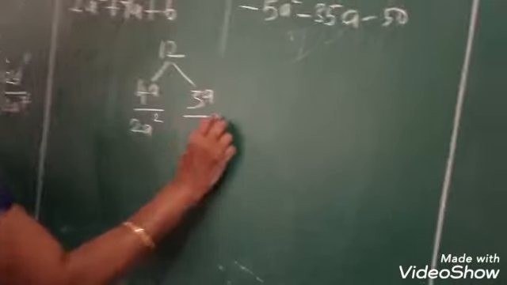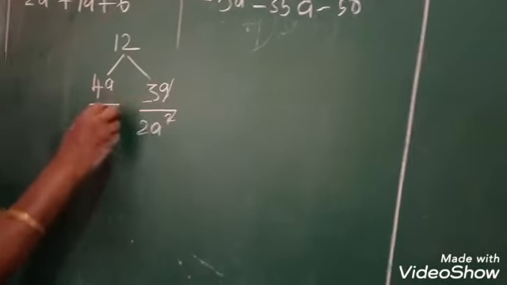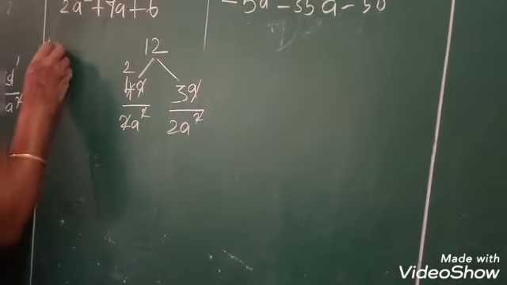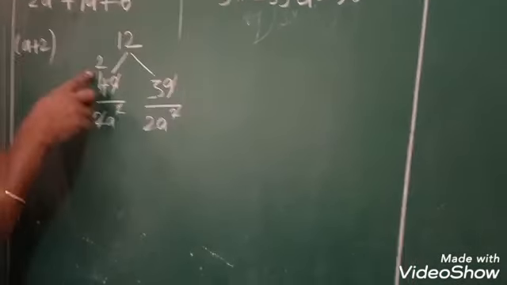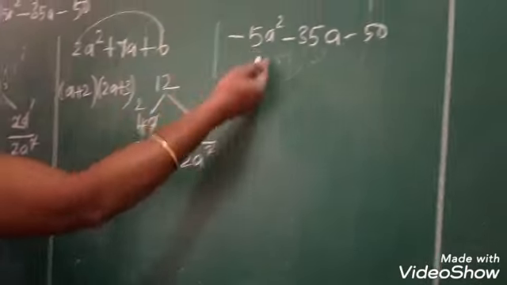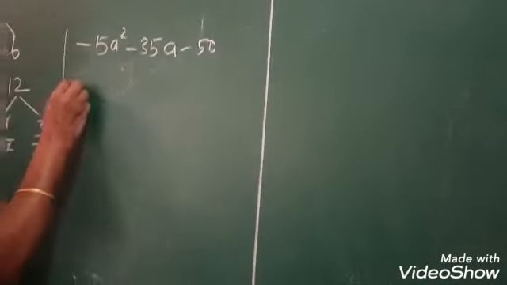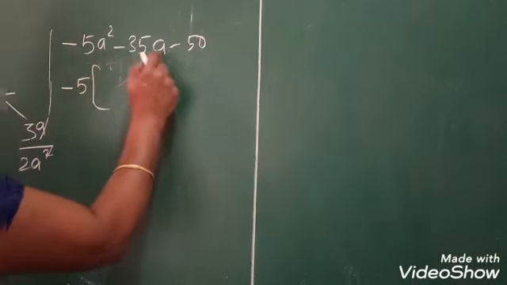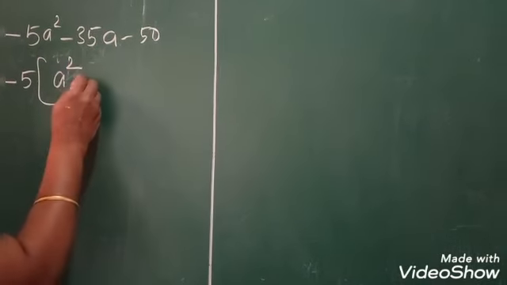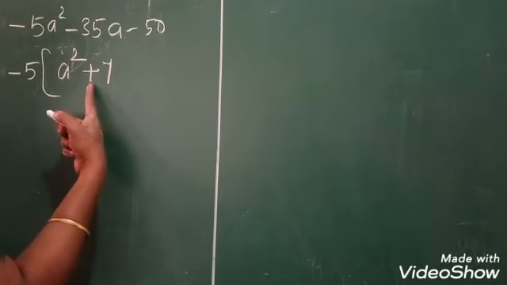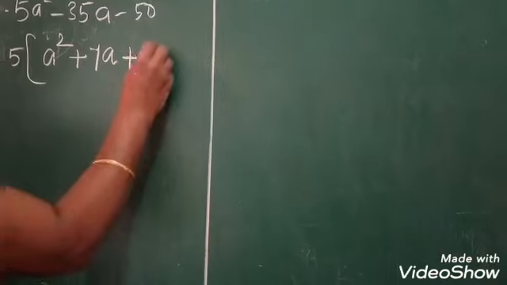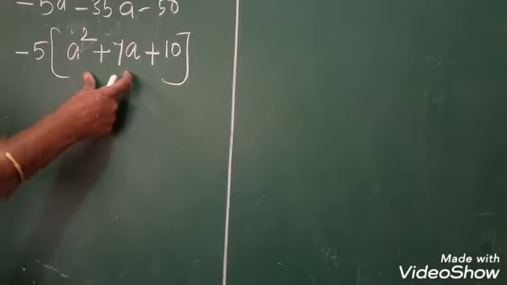Now you have to put the variable a here, divided by 2a squared. Now you have to divide with the 2 table here. 2 times 1 is 2, 2 times 2 is 4. Now the first factor is a plus 2. The second one is 2a plus 3. Two factors. Okay. The same here, girls. Here I am going to take minus 5 out. Each term I am going to divide by minus 5. So here a squared. Here how many 5s? Yes, 7. Here minus taken, so I will put plus 7a. Here minus taken, so plus 10. Okay girls, now this is a quadratic expression.